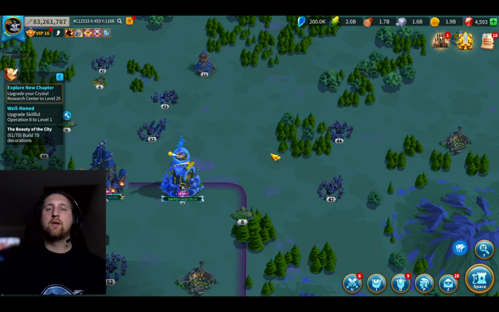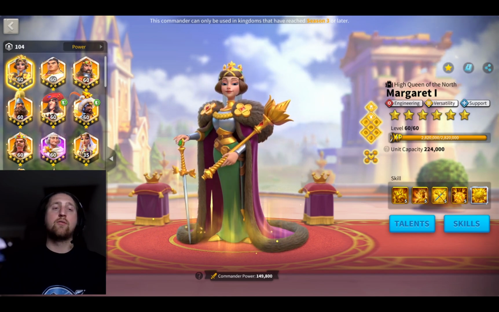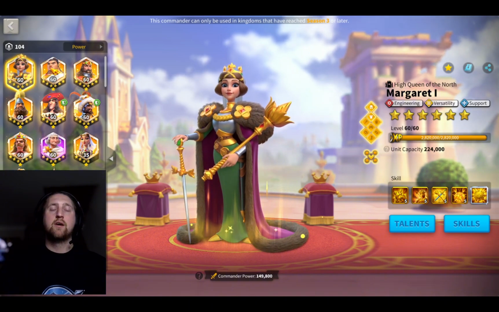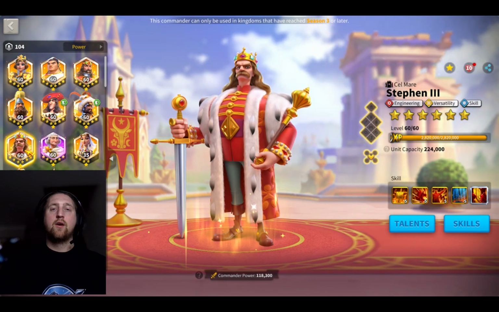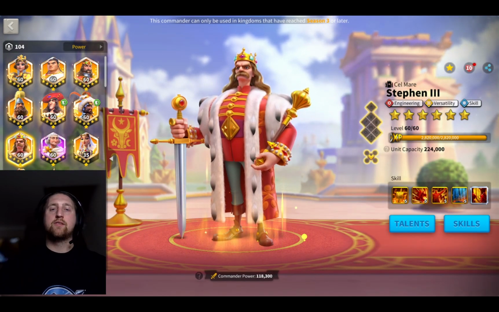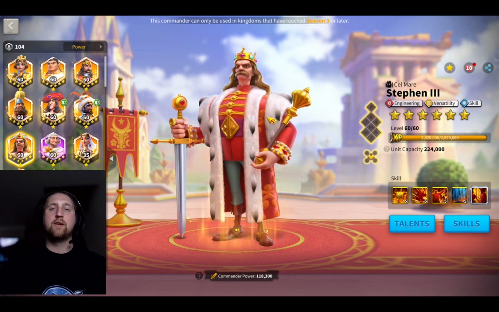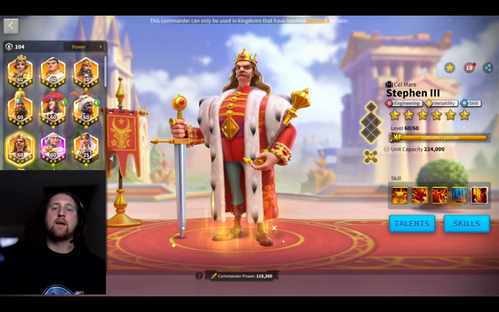So it's not until KVK4 starting that you'll be able to get hold of those new commanders, your legendary commanders. Now, I don't know who comes out first. Certain commanders will be event commanders. So Margaret, Garjamada, and Stephen were all event commanders. Now, they can't be obtained by Wheel of Fortune. They can't be obtained by MGEs. They are specific events, and you don't want to miss those if you want to get your hands on these